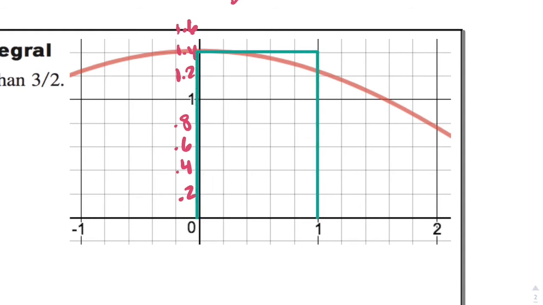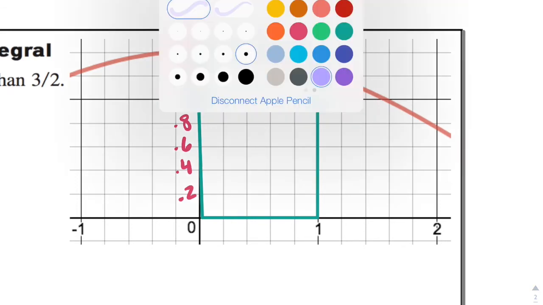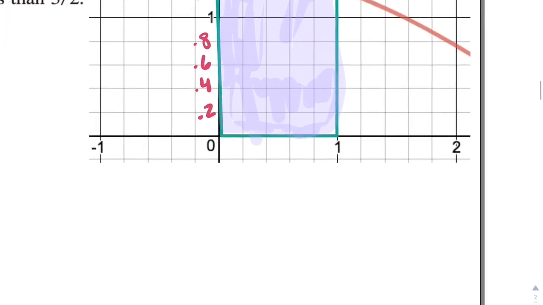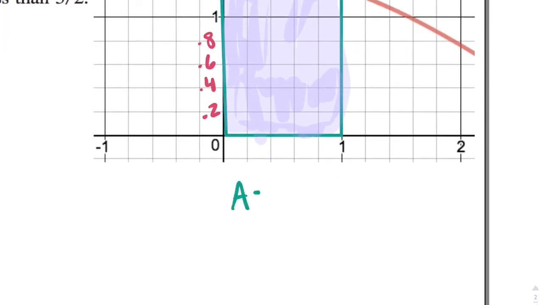So I'm making that rectangle now. Whoops, that's okay, you guys get the picture. This area is 1 times 1.4. So when it's all shaded in, this area in here is a square area of 1.4. So we would say area equals 1 wide times 1.4 high, which is